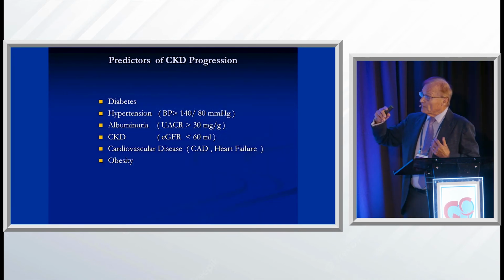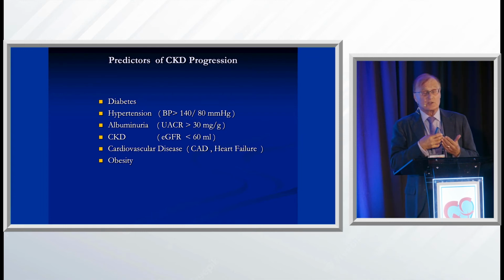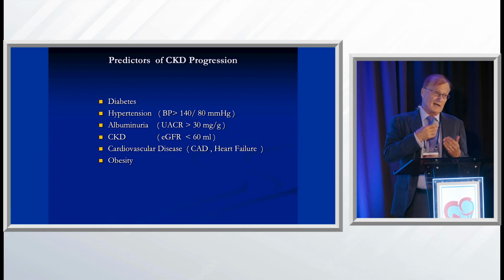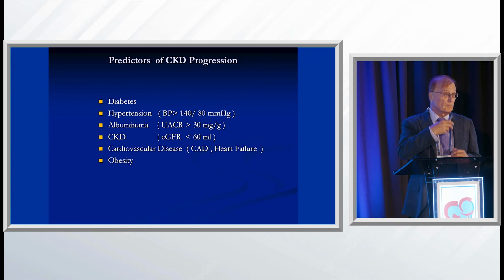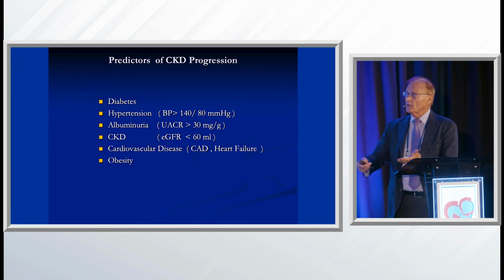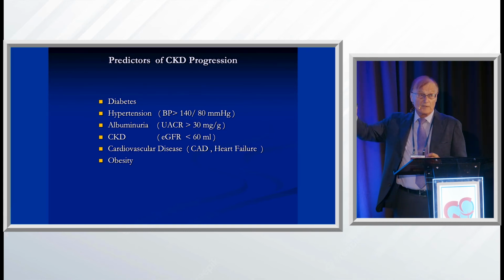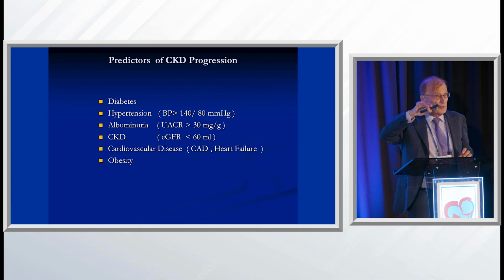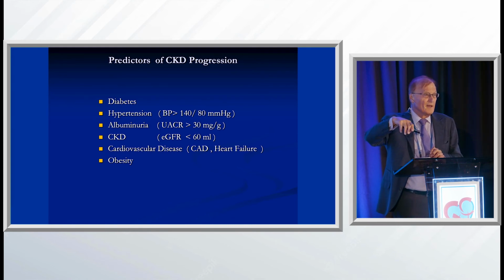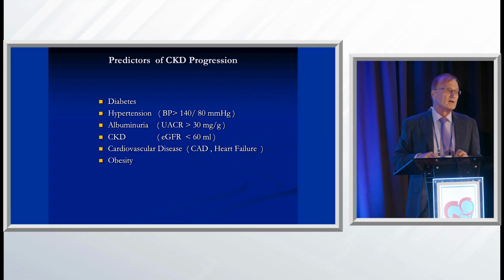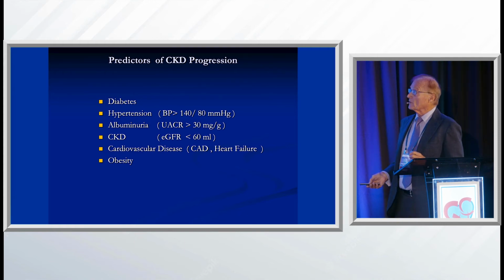So switching gears, say you already have CKD, my eGFR is 50, or my albuminuria is 100. So what are additional predictors of this continuing? One, diabetes, the pressure above 140/80, albuminuria, not that much when you're in the 30, 40, 50 range, but I would say if you're 100, 150, or 200, the progression from albuminuria leading to faster loss of eGFR is rather great.